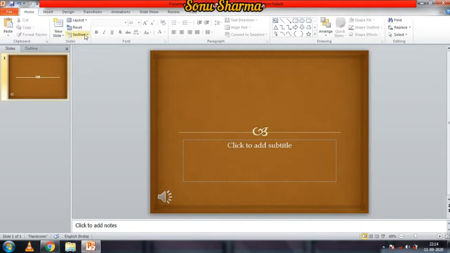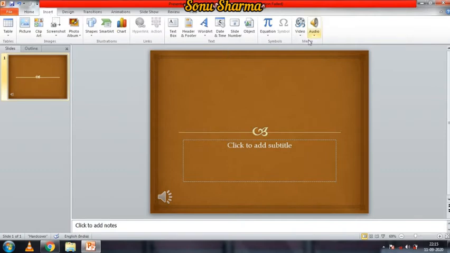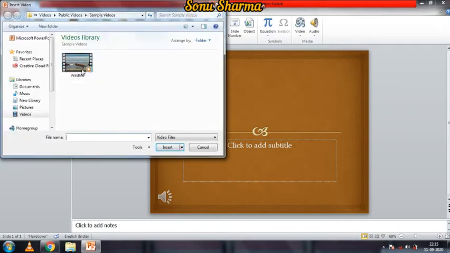Now I'll show you how to insert the video file on your slide. So click on insert tab again, then again go to media group. Then here you can see the video. Click on video. So here click on video from file. So again insert video window will open here. Now you can see here this is the video file. You can select from your computer, from anywhere in the computer, but now click this file and insert.